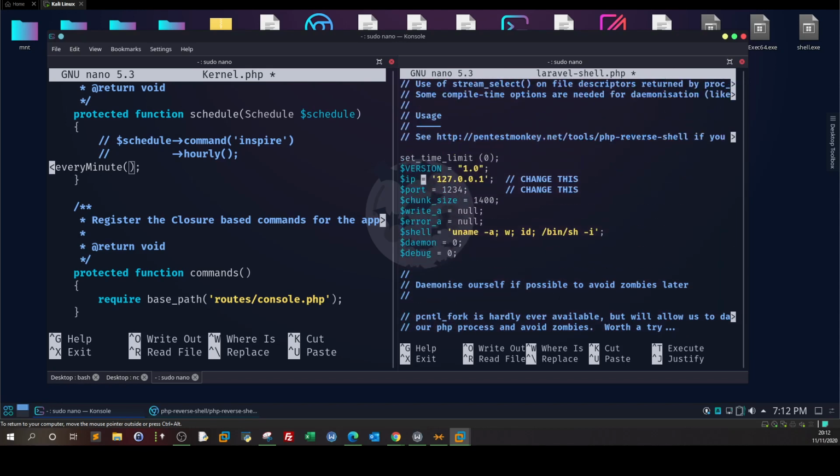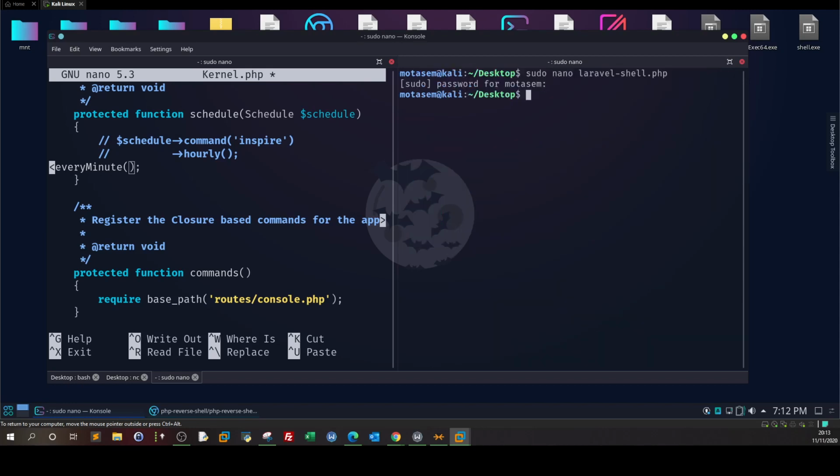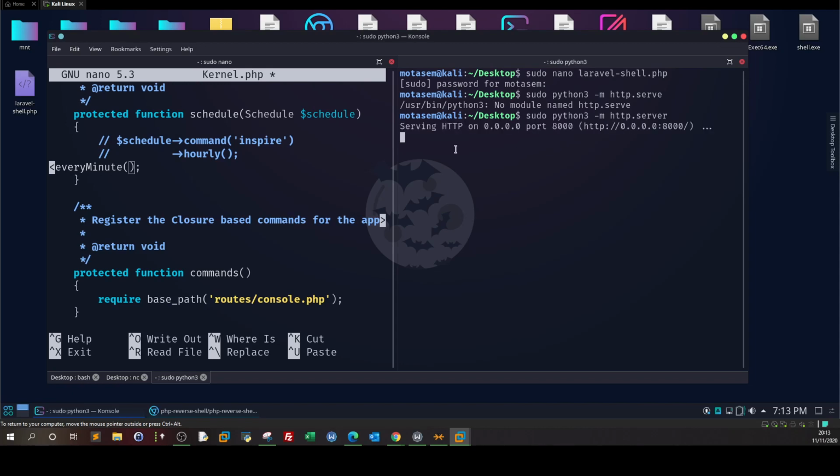So the IP will be our IP, 10.10.14.6, 4546, and that's it. And yes, okay, sudo python3 -m http.server. All right, so